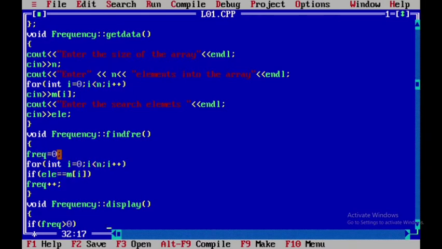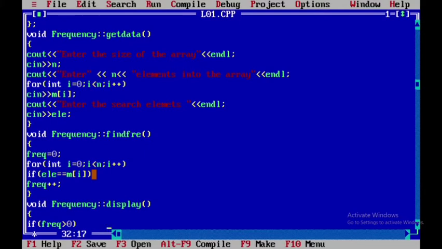Single equals is nothing but assigning some value to the left variable. That means I am assigning 0 to this frequency variable. But here we have double equals, that means double equals is a comparison, we are checking whether it is equal to this one. Okay, is LHS equal to RHS? If it is true, then frequency will be incremented by 1. If it is not, then it will not increment any value.